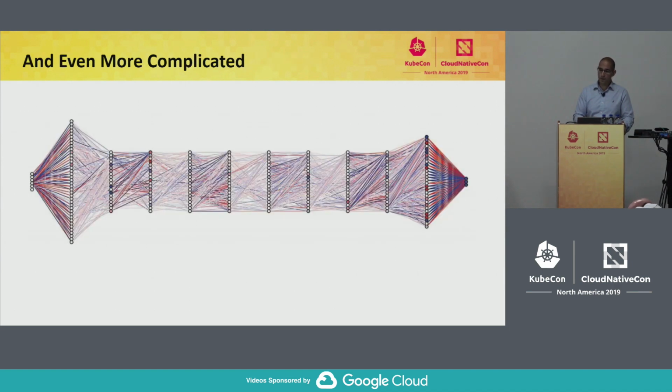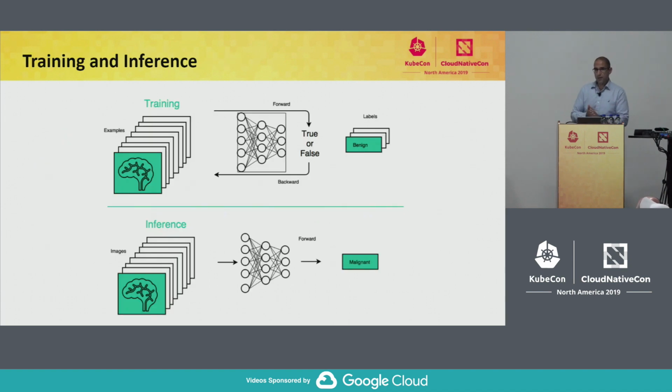But neural networks can be much bigger. This is a 12-layer neural network, and as you can imagine, there are many more parameters, many more weights that need to be tuned for this neural network to work efficiently. And this is definitely not the biggest neural network. Actually, today we're seeing neural networks that are multiple hundreds of layers, and they can be very, very large and very complex.